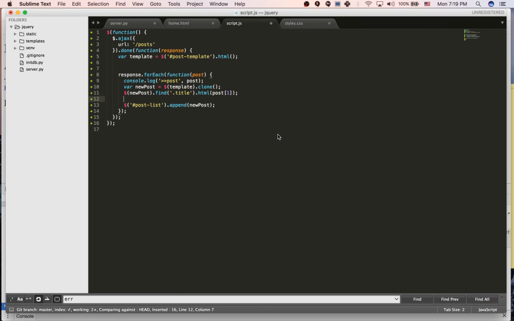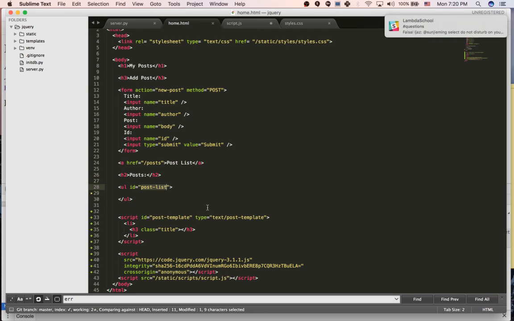Let me grab something real quick. Okay. All right, so now we just need to populate the rest of the fields and add them in. So let's jump over to,